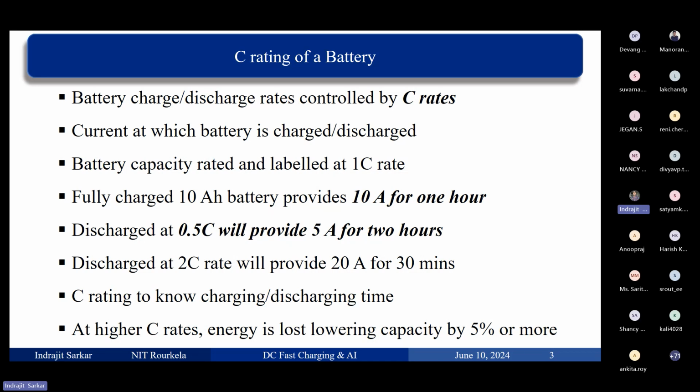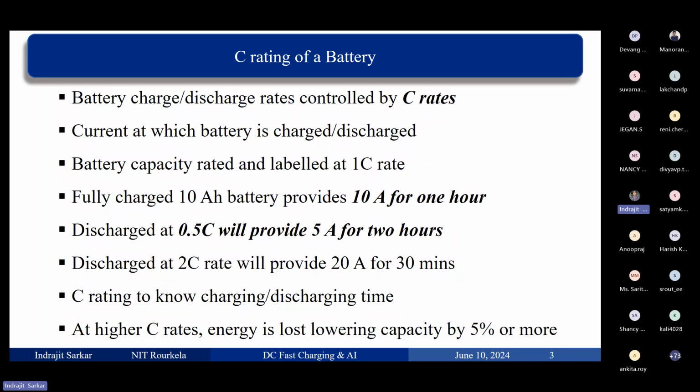Let's say battery capacity is rated at 1 C rate. That means, let's say there is a 10 ampere hour battery, or a 12 ampere hour battery. If we say the battery is charged at 1 C, then 10 ampere is going into the battery, or being taken out of the battery. So when the battery is supplying 1 C current, that means 10 ampere for this particular example,